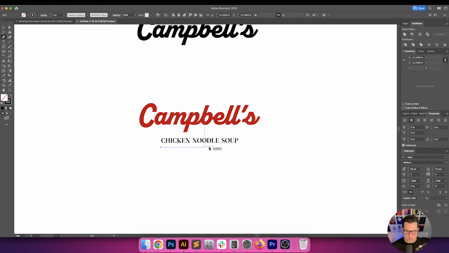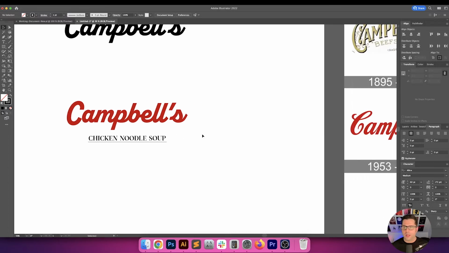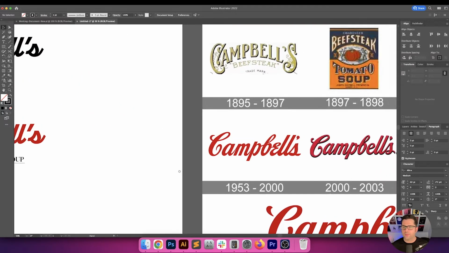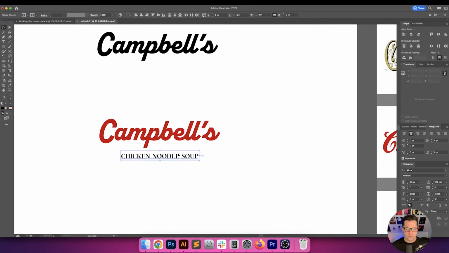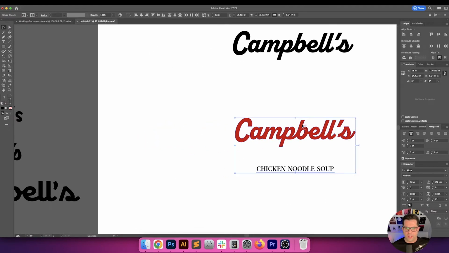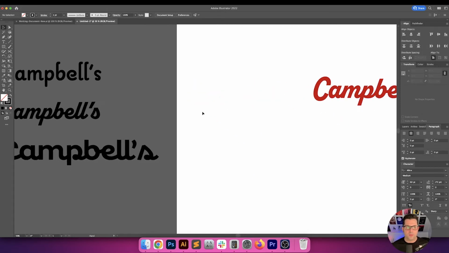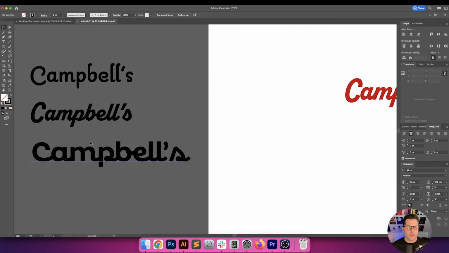And at this point, I'm kind of breaking outside of the Campbell's branding, and I'm really just going a little bit more into overall branding. But I don't want to spend too much time on doing this because I want to see what those other fonts look like as well. So I think that this obviously needs to go on the can itself. So we're just going to ignore that for now, and I'll just go ahead and get rid of this because I need to get moving on with these other two here. Okay, so